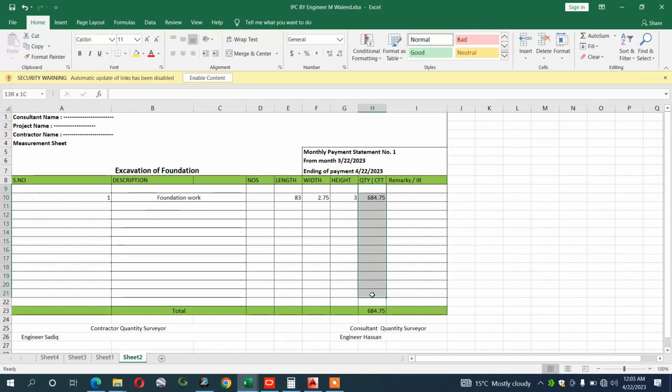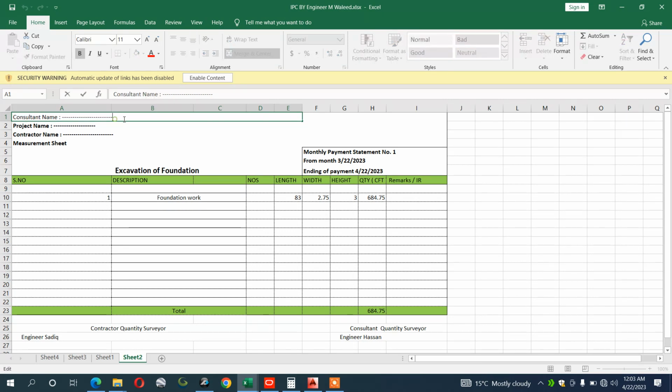You have to add the formula of the total. The total is very much important because the IPC that's normally signed, you have to write here the consultant name, like the consultants you are working. I am working, for example, you can write anyone like XYZ. You are working. The project name is